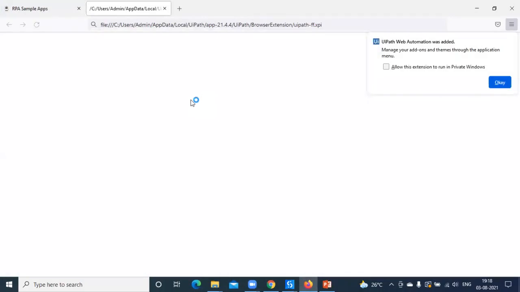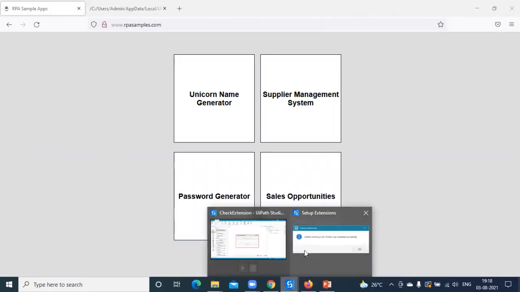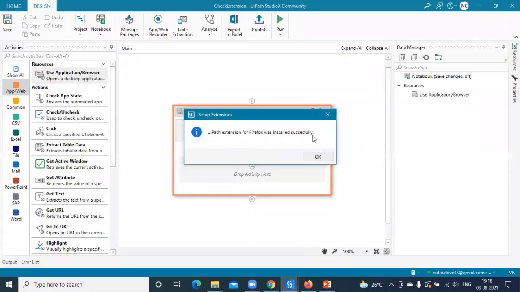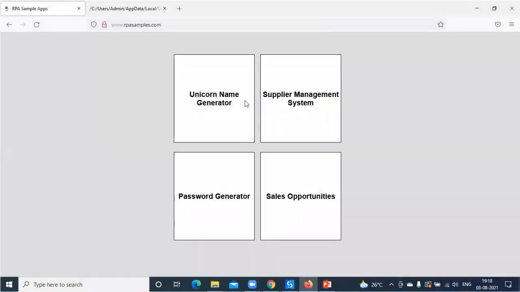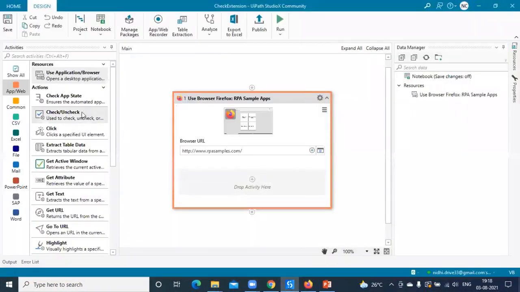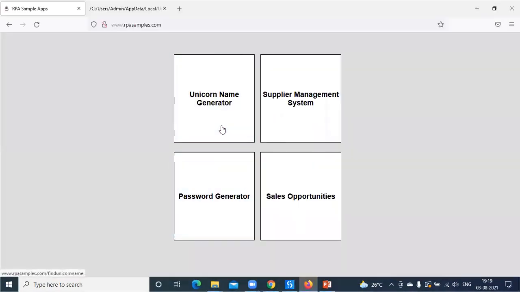Just click on the add button, and you can see the UiPath web automation was added. These steps are completely the same as we saw for all the browsers, right? Whenever you go to that application and it asks you to install, just press OK and it will start the installation. Now you can see I can communicate with the Firefox applications as well.